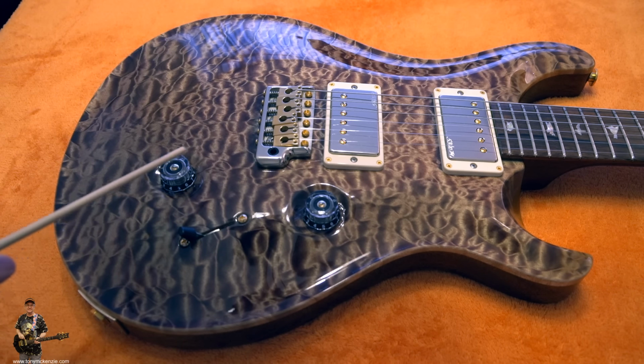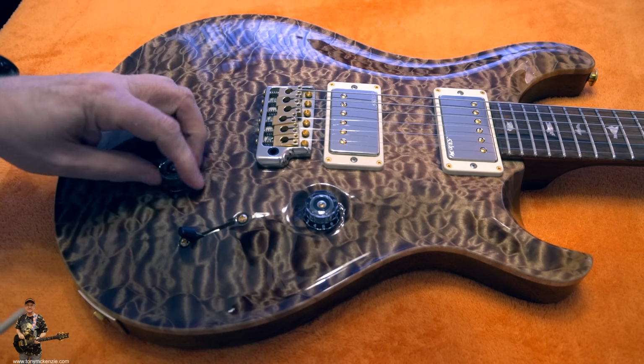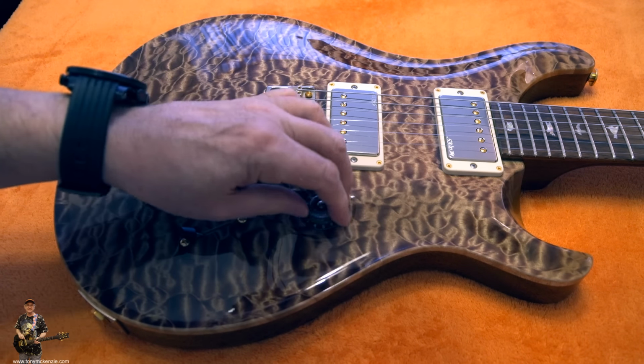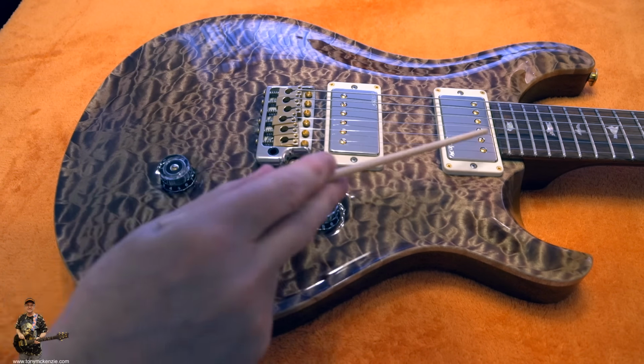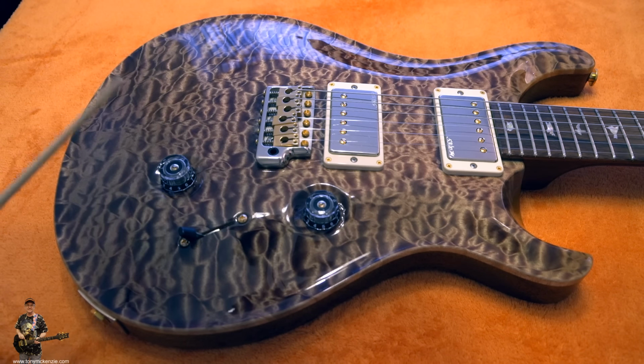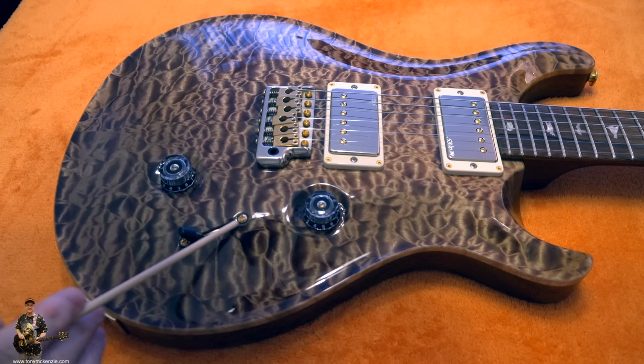Well, what else have we got? We've got a tone and a volume. On some of the PRSs we've got a blend between these two, but I think on this particular guitar, this is a little bit earlier than when they were doing that. I could be wrong. What you have on this switch, that's very much like a Fender switch,